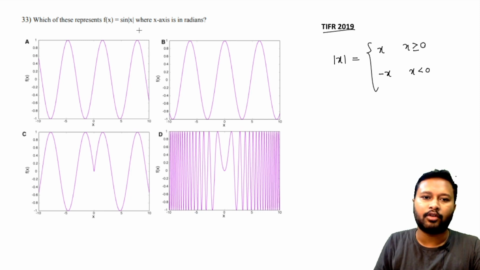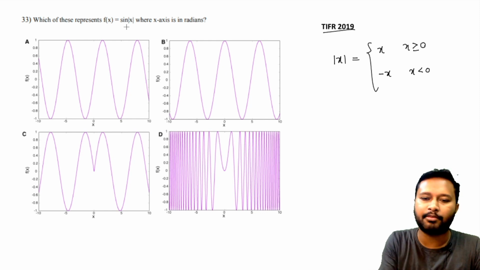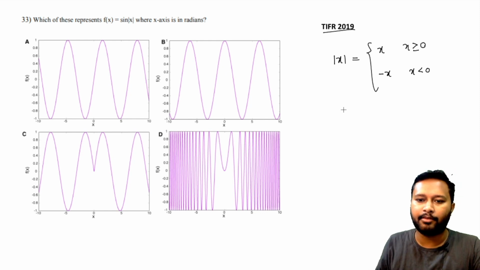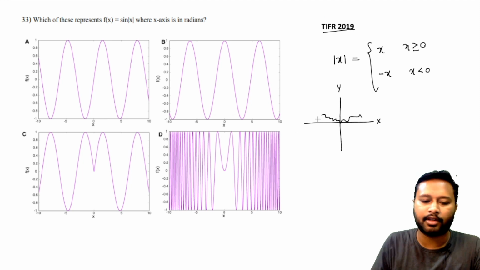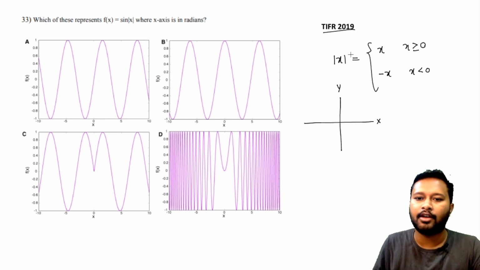So if I put x equals 1, the function will be positive. If I put x equals minus 1, then also the function will be positive. So that means there will be a kind of mirror along the y-axis. If this is your y-axis and this is your x-axis, along this particular origin there will be a mirror. Whatever the function is doing this side, the function will mimic on this side. Same thing is going to happen because of this mod x.